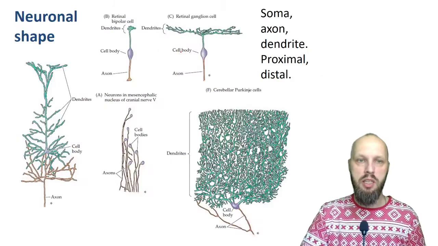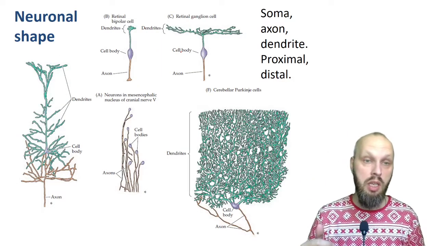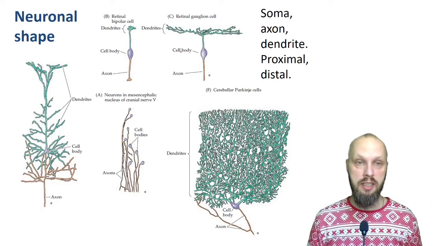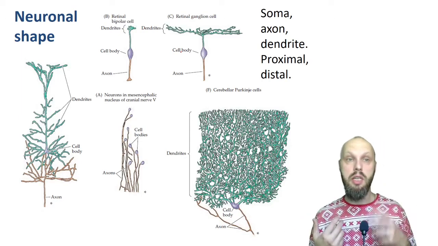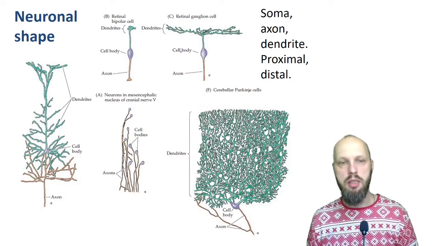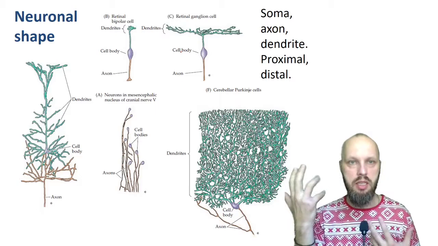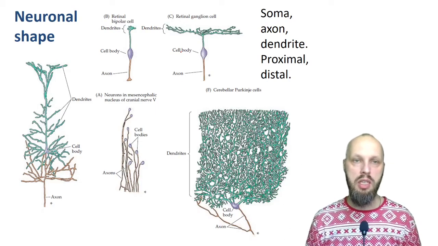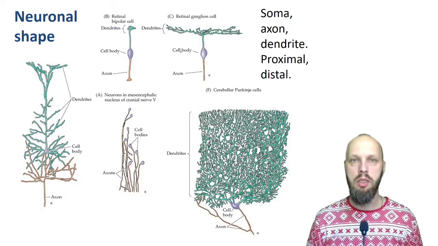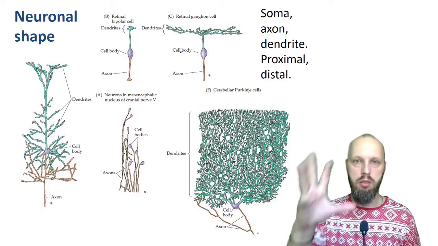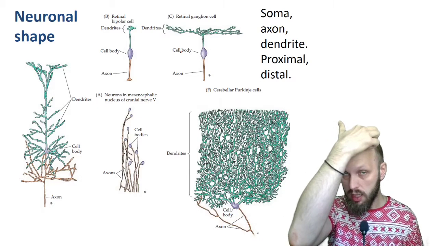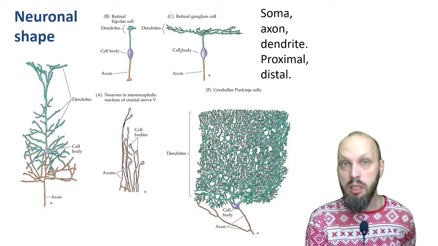So let's look at some slightly more realistic neurons from a textbook. As you can see, they come in different shapes, different kinds, different sizes, different varieties, and there is lots of diversity. Some of them look like giant trees, some of them look like these pathetic bulbs on sticks, and some of them are tiny and some of them are huge. Some of them are talking only across a few micrometers, but some of them go across your entire body. For example, if you move your hand, you have a neuron in your motor cortex that's sending an axon to the middle of your back,